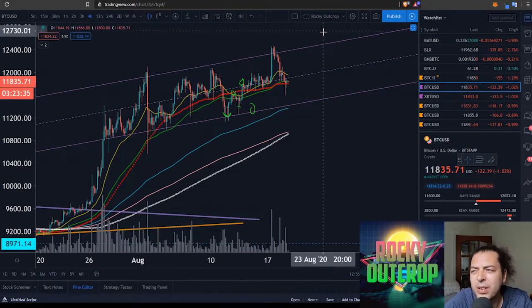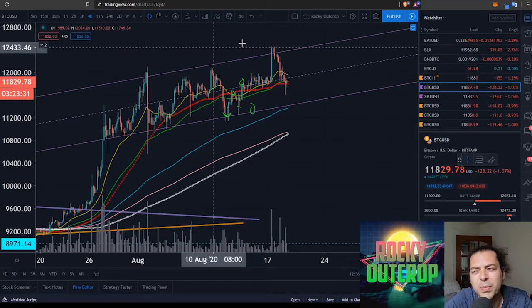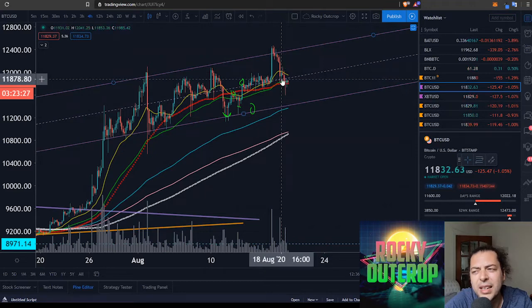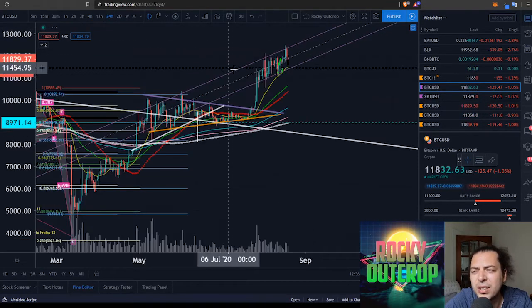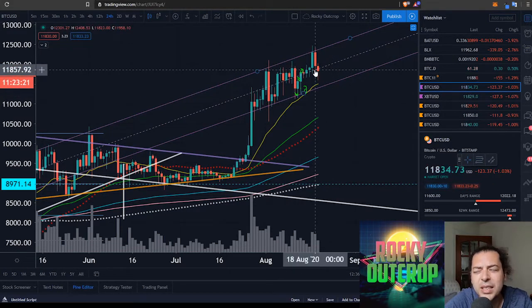And what we have here in terms of Bitcoin is various different ways of looking at this, and one of the ways of looking at it is this parallel channel I've got in the background, where we came right down towards the median line of it in yesterday's show. If I just stick on the 24-hour time frame, it'll make it easier to make this point. Came down towards the median line of this thing, talked about what could be subsequent targets for us, perhaps the